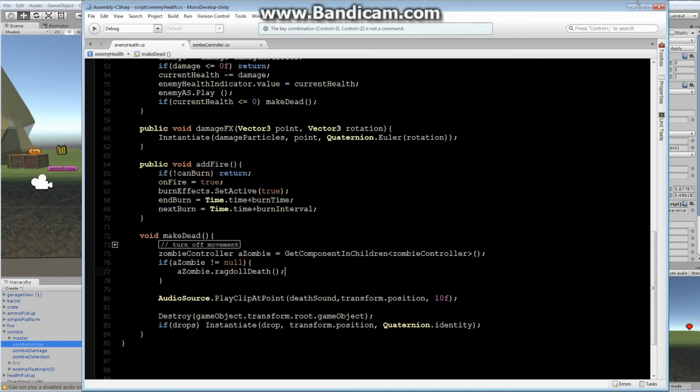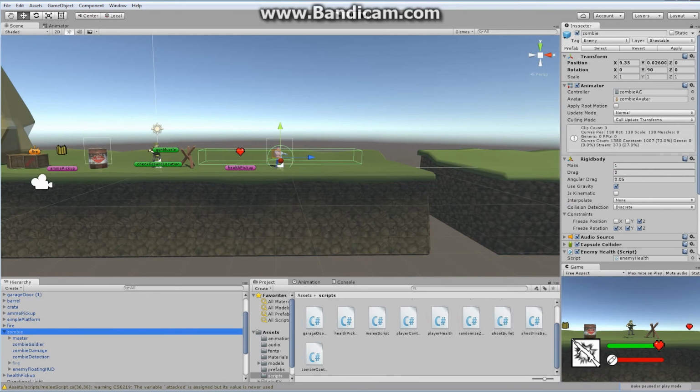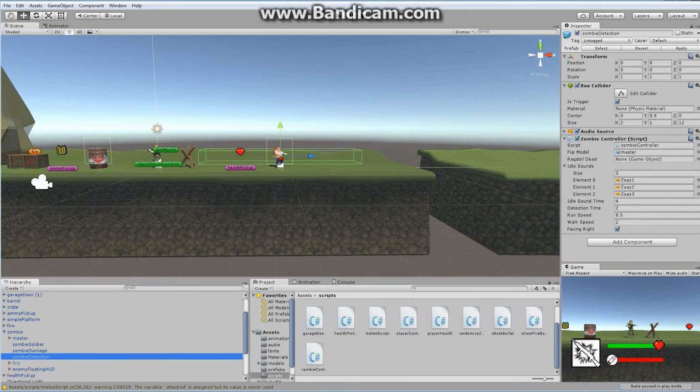Okay, so if everything is okay, let me close this. Let's see how everything went in here. All right, so I've got one warning. That's fine. I don't mind warnings at all. All right, now, if we go back to our actual zombie now, we should have, within our zombie detection, in